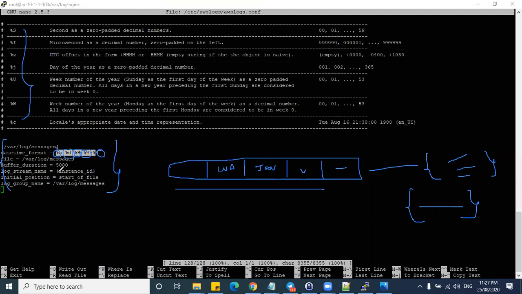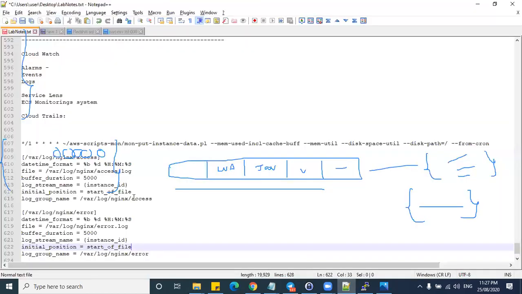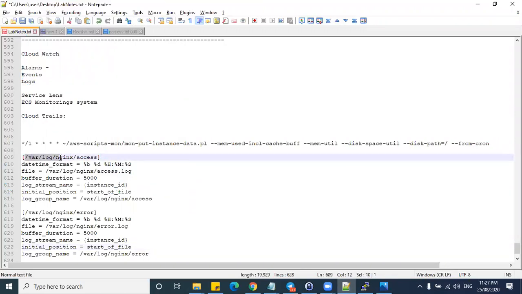Okay. So this is a configuration file inside the AWS log client. So you're copying this configuration file, and what exactly you need to do? You need to send the logs of an nginx server, right? So nginx server means you will have logs under this particular location. Under the log folder you have nginx. Under nginx you have two files created. One is for access logs and the other one is error logs. Access logs will have all the information about who is accessing your web application or web server.